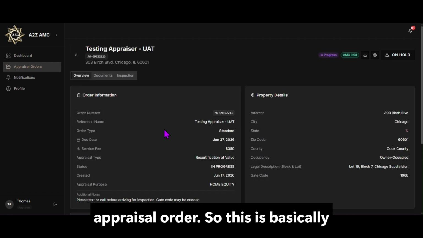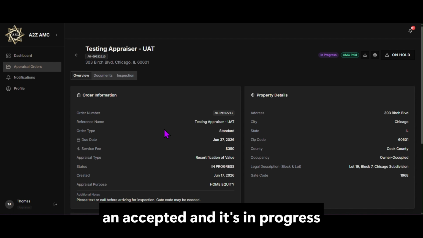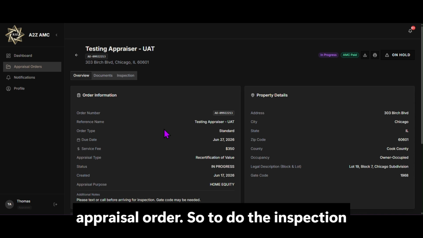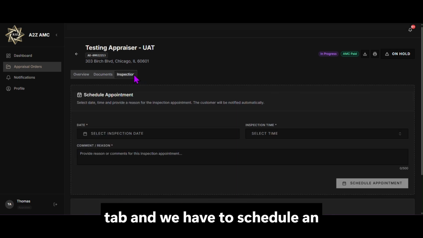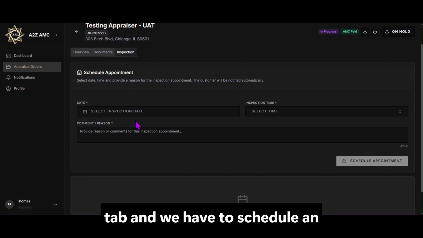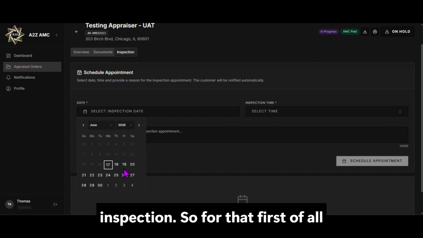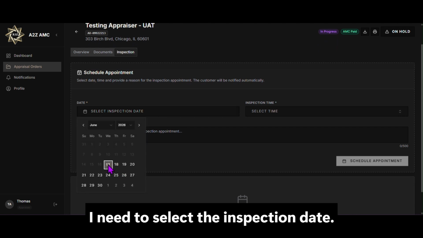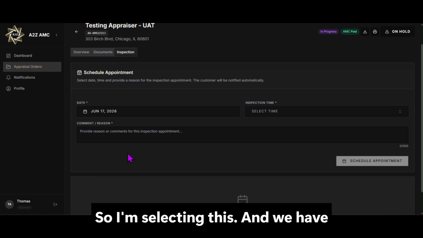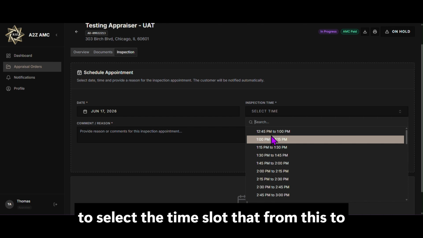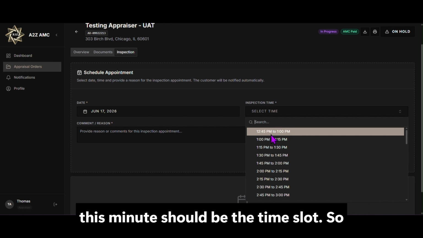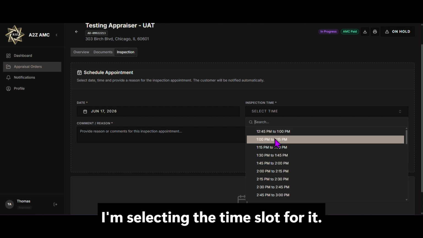So this is basically an accepted and in progress appraisal order. To do the inspection we need to move towards the inspection tab and we have to schedule an inspection. So for that, first of all, I need to select the inspection date. So I'm selecting this date and we have to select the time slot, from this to this minute. So I'm selecting the time slot for it